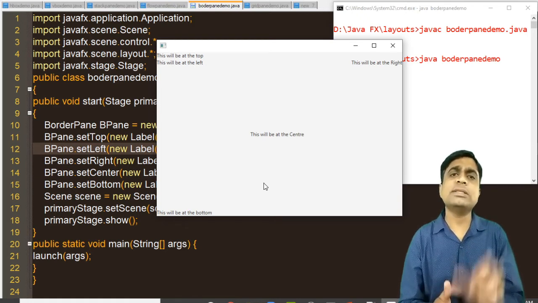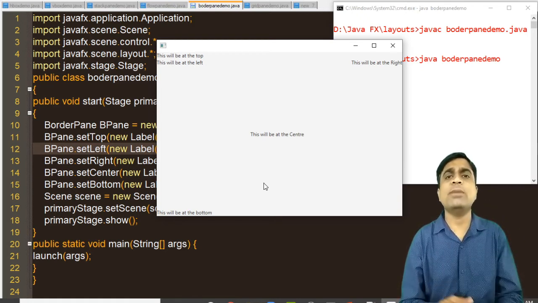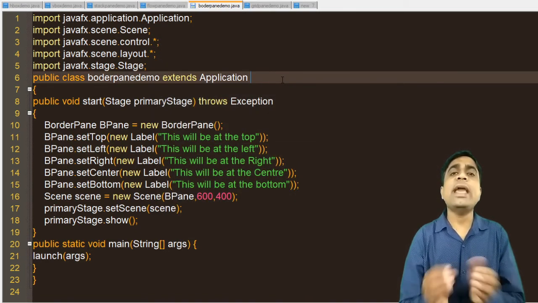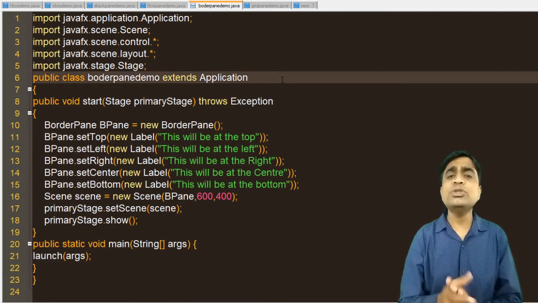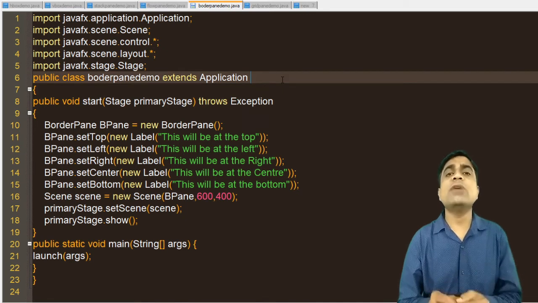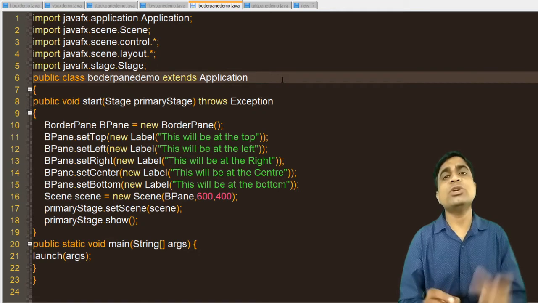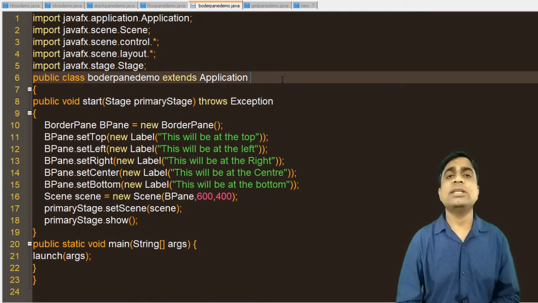It is not compulsory that you have to use a border pane, or a VBox, or an HBox. You can use a different layout according to your requirement, because in a component we are not using any X and Y coordinate. Suppose you want to print a component in the center, so think about which layout is suitable for that. VBox and HBox are not usable to print a component in the center, so for that you need to use a border pane. If you want to print left, right, bottom, top content, then you can use the border pane layout.